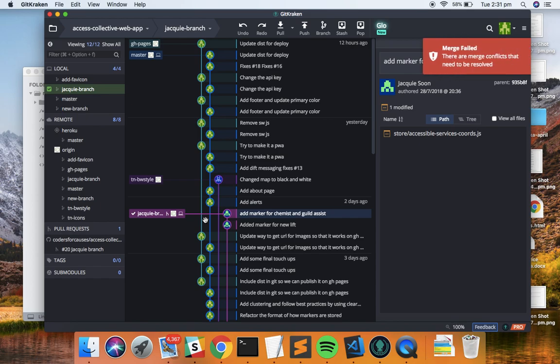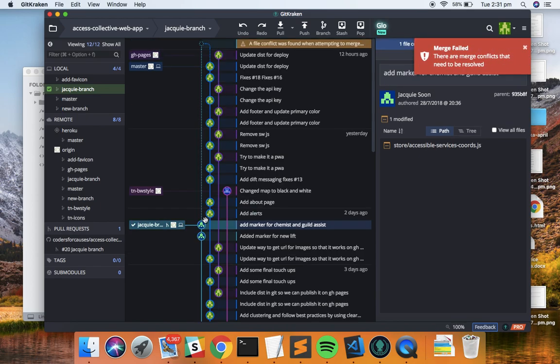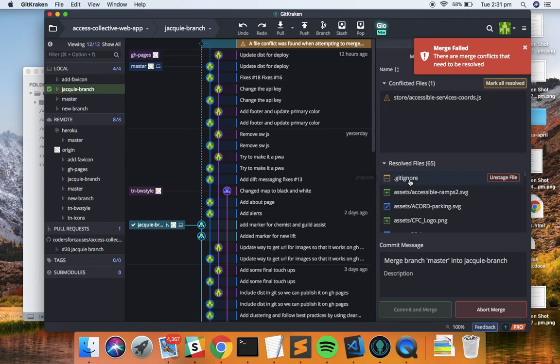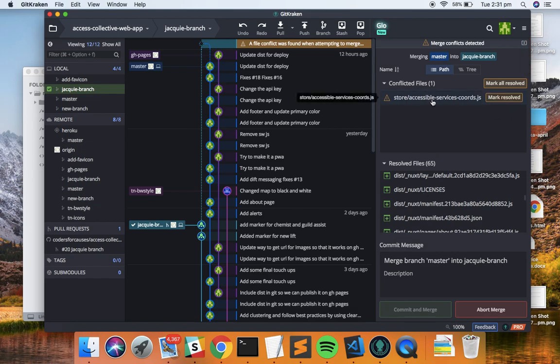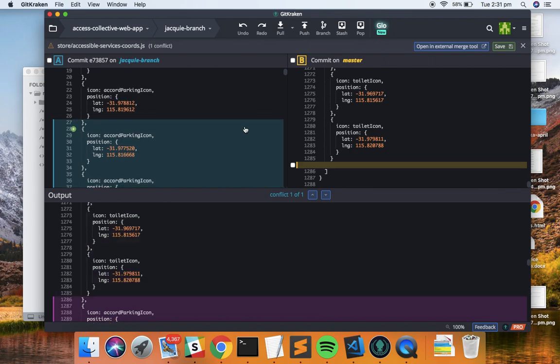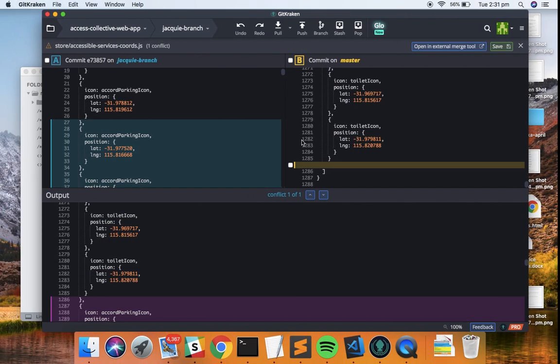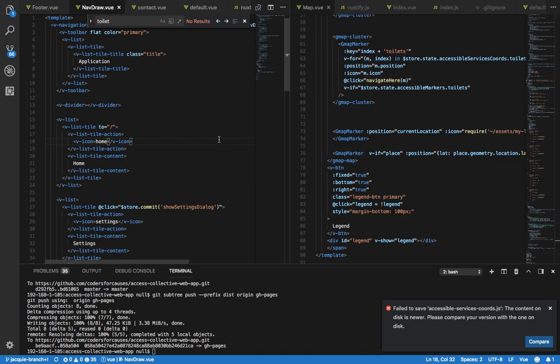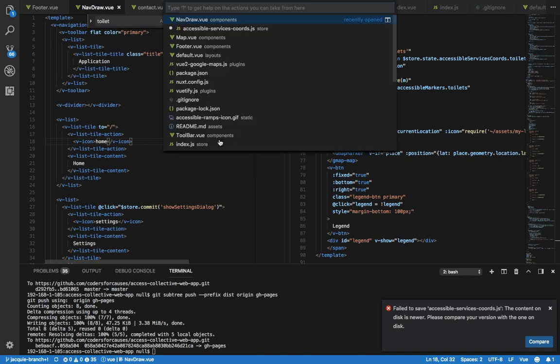But we can't actually do that because, as we know, there's merge conflicts, right? So you can see these are the files that are fine, there's no issues, and this is the file that has something different. So let's take a look. This is GitKraken's own tool, but I like to use the IDE actually, VS Code's IDE, because I think it does have a nice